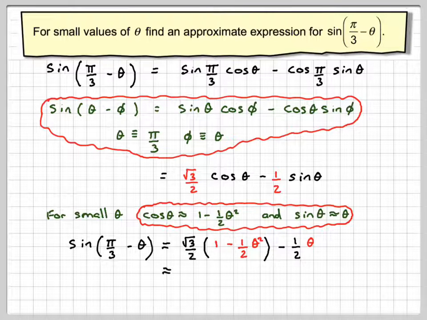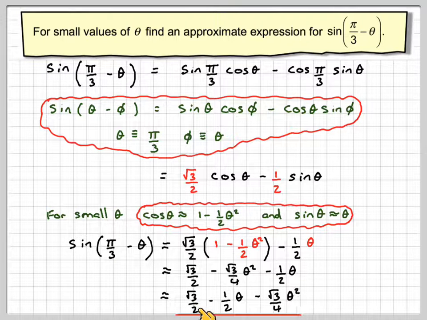Expanding this bracket, we're going to get root 3 over 2. Root 3 over 2 times minus a half gives me minus root 3 over 4 theta squared, minus a half theta. I'm just putting it in some sort of sensible order. It's going to be approximately equal to root 3 over 2 minus a half theta minus root 3 over 4